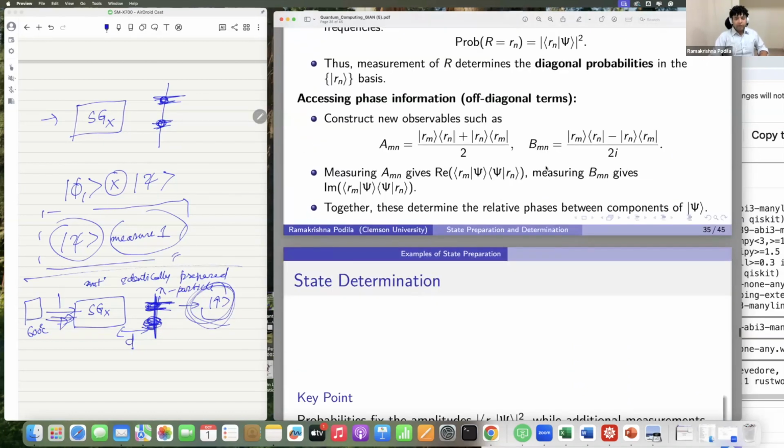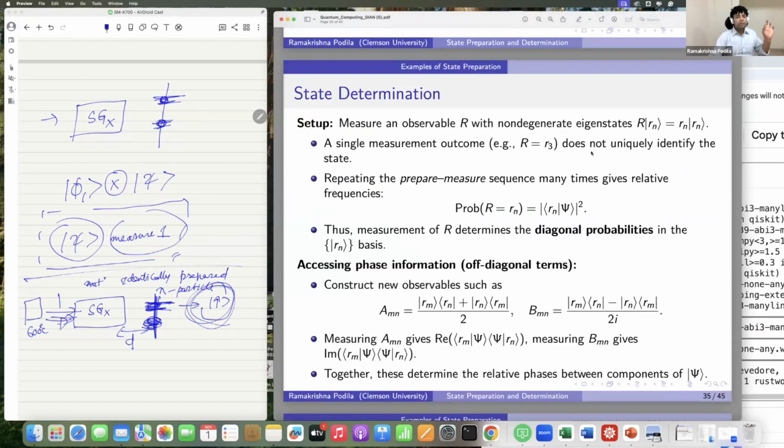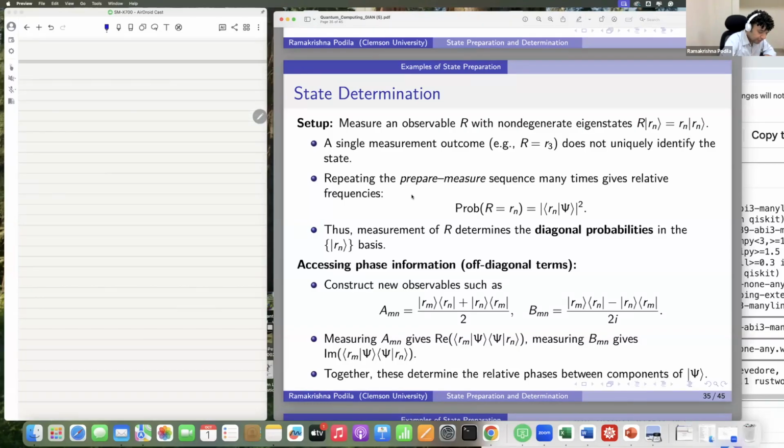So then, whenever we make a single measurement, again, we are not going to get a statistical ensemble. We are only going to get a single outcome. So what we have to do is repeat: prepare and measure, prepare and measure. That is, if I want to see